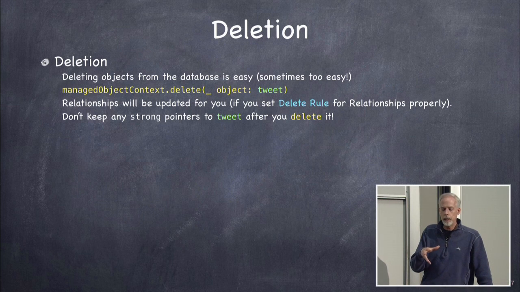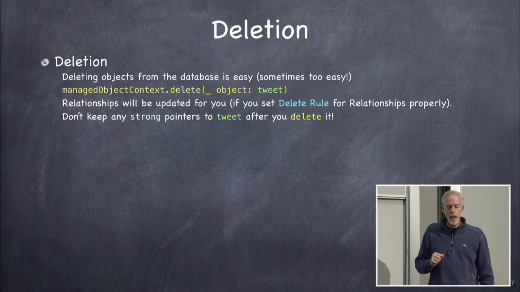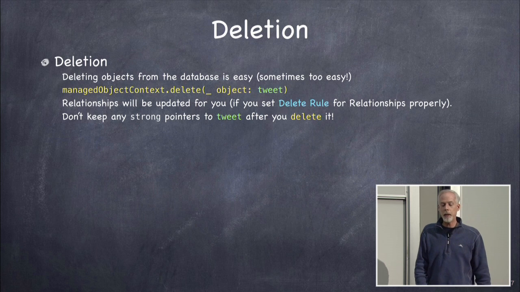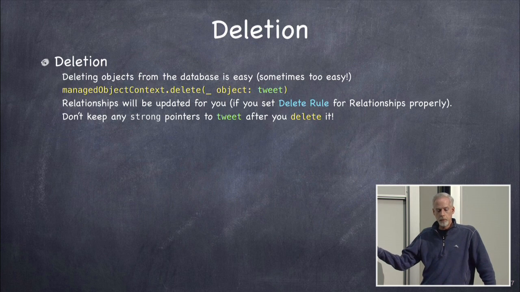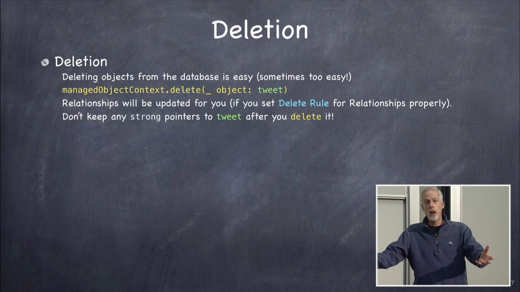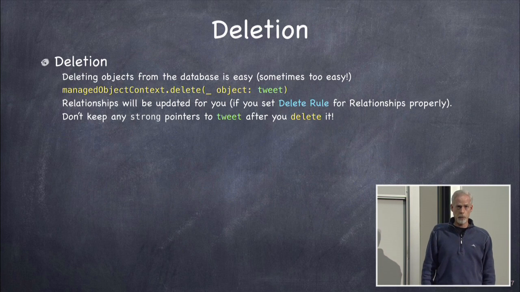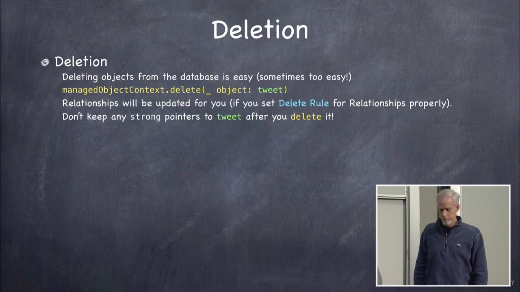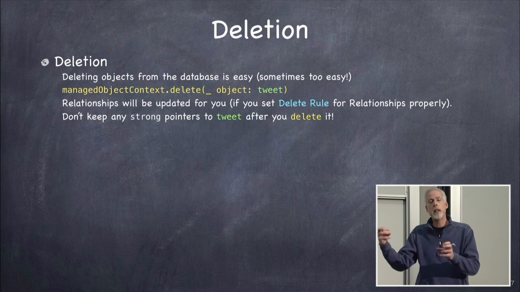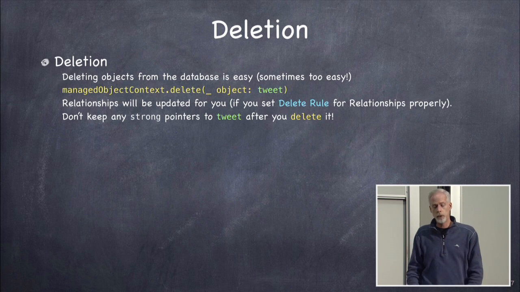Okay, now I want to delete something from the database, and that's incredibly easy, almost too easy, because your data is precious. You don't want to be deleting it too easily, but you do that by asking the context to delete the NSManagedObject. So you can pass any NSManagedObject to this method, delete, and it will delete it from the database. And it could cascade and delete other things as well, depending on what the delete rule is. All right? Most of the time, by default, when it deletes something, other things that point to it get their pointer set to nil. That's the nullify delete rule.